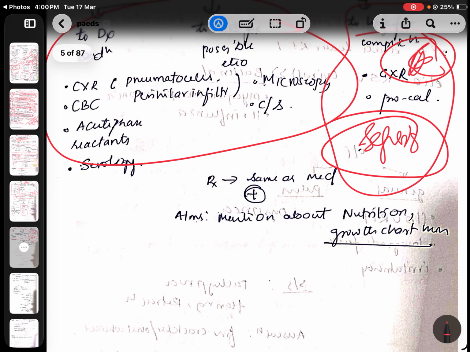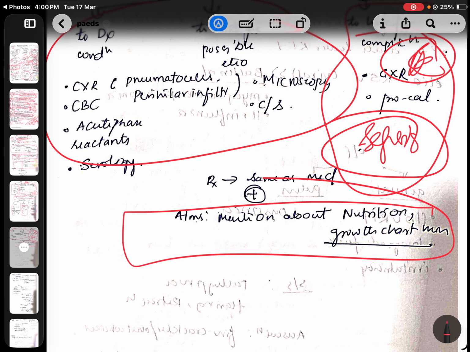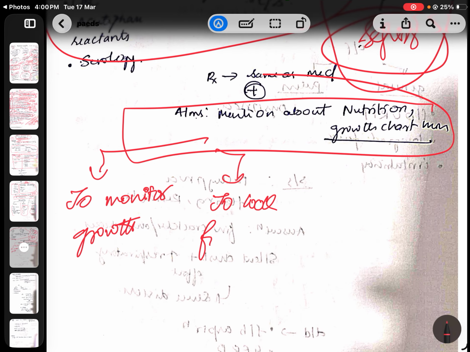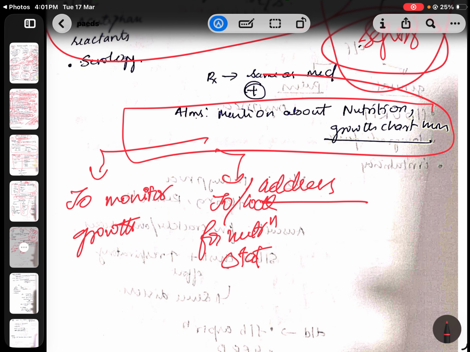Also, one thing while writing management aims, one thing which people forget is about the nutrition and growth chart. So whenever you are writing for any disease, you can always write one aim as to monitor growth and to look for nutritional status or to address. Okay. So any 10 mark or 5 mark question for any disease, you can write this